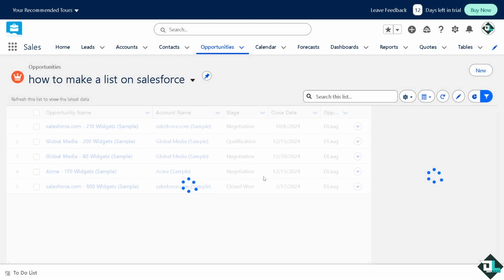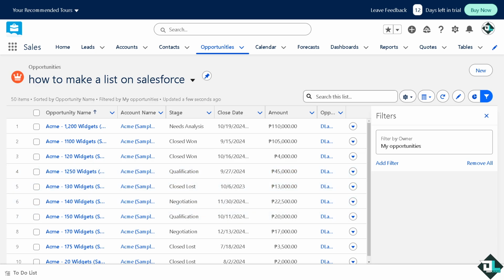Now, creating lists in Salesforce is essential for optimizing data management, improving collaboration, and driving effective decision. And by leveraging list views and reports, users can enhance their overall productivity and, of course, contribute to